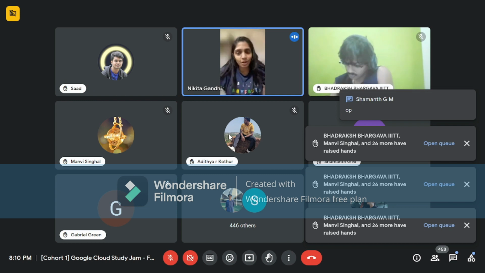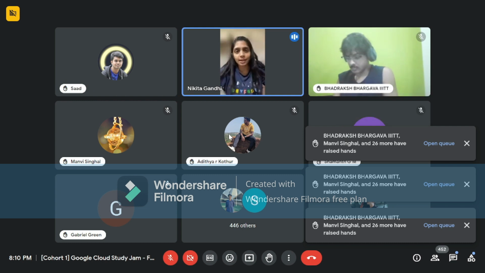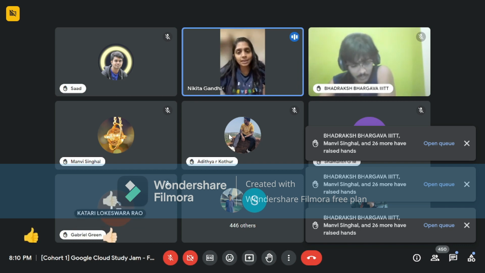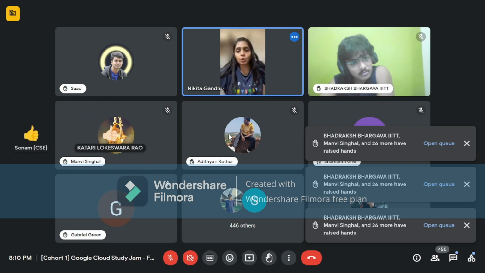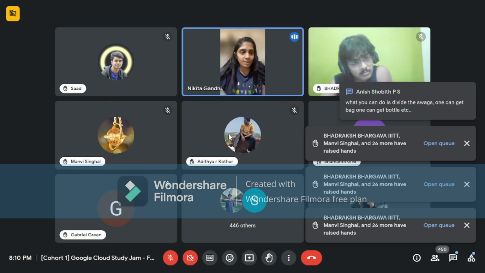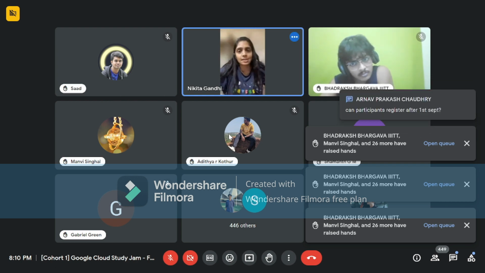First, get them for completions. I think that's the hardest action that you have to take. Other things will follow. You have months of time to think whom you want to reward and how you want to reward. If you see in the rewards, there's not just one reward. You can give a T-shirt to someone, stickers to someone else, a bottle to one person.